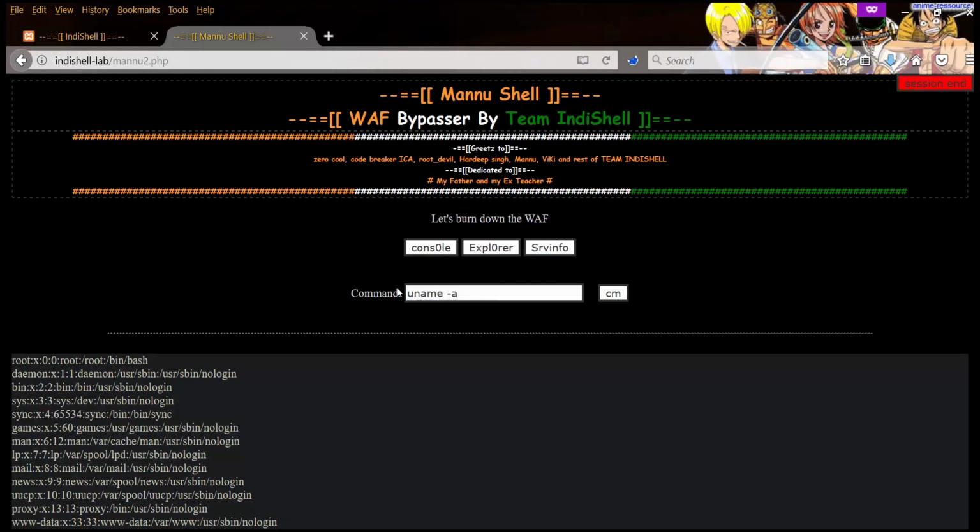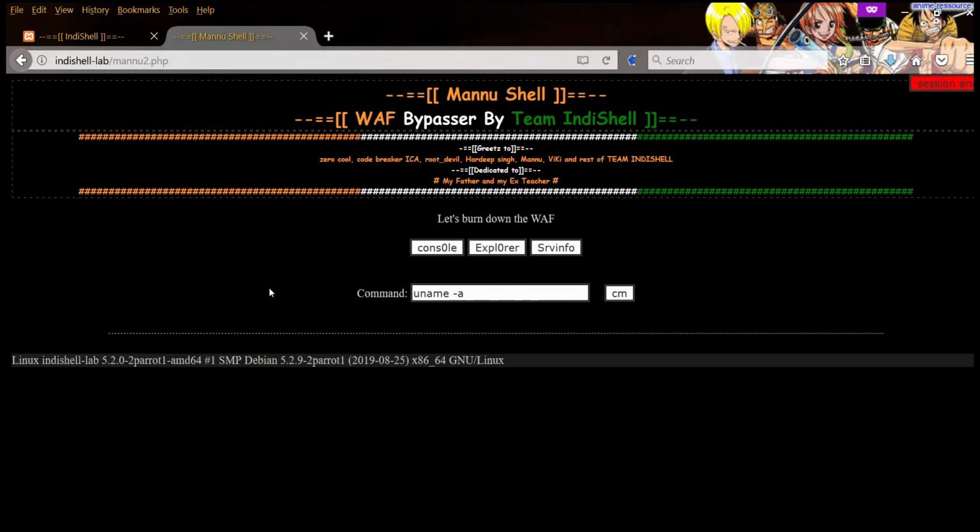Anything you want to execute won't be flagged by the WAF, and the reason is simple: the web shell is performing encryption on the fly.